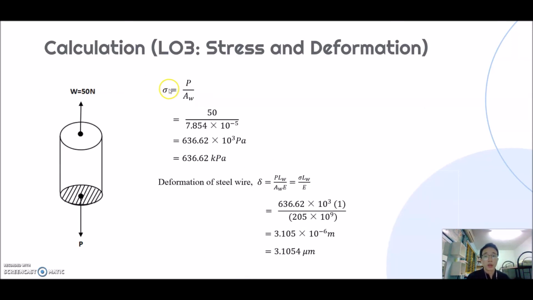So next, we'll be going for the stress. To calculate the stress, by using stress equals to P over A, where P equals to 50 and A equals to 7.854 times 10 to the power of negative 5, we get the stress equals to 636.62 kilopascal. And to calculate the deformation of the steel wire, delta equals to PL over AE. So we can simplify it as stress times L over E. By substituting all the values we obtained, we get the deformation at last, which is 3.1054